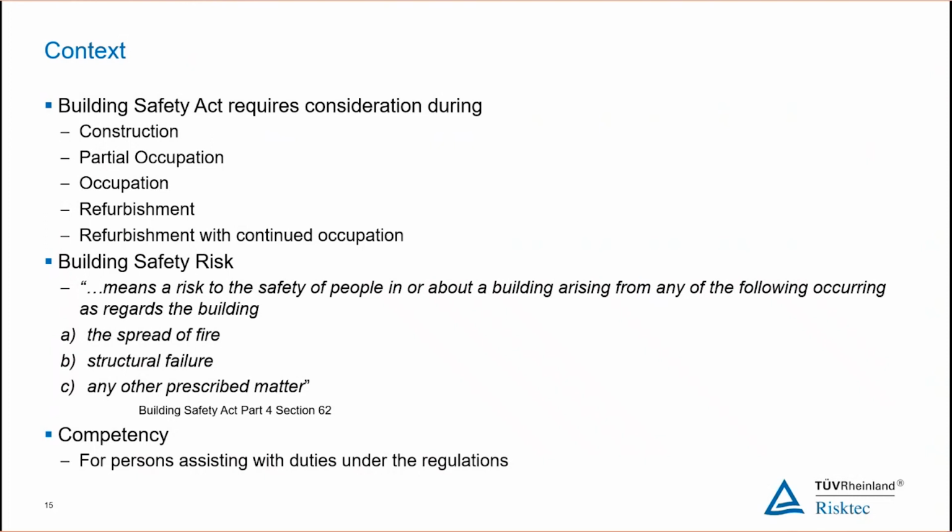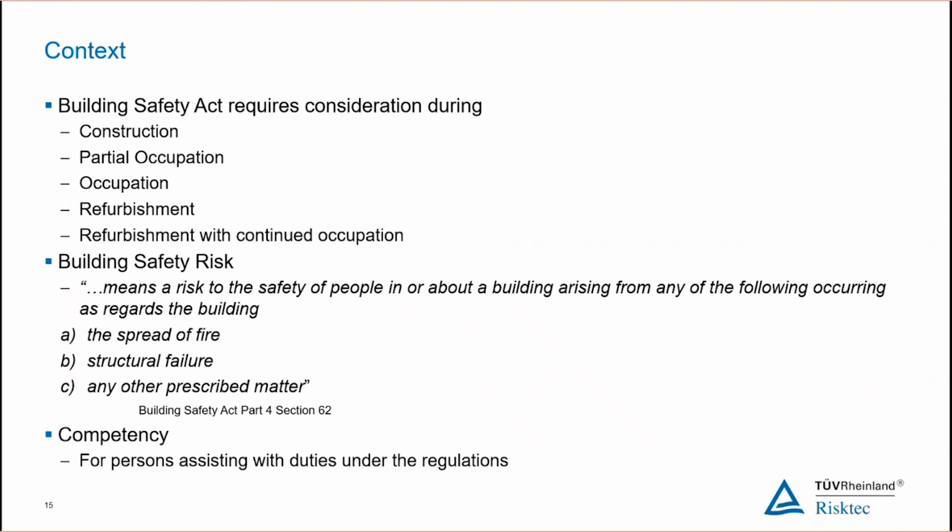Refurbishment, again, gives us a transient change in those risks. We may disable certain systems that we require. As a simple example, passageways might be blocked by the refurbishment, or the refurbishment activities might introduce new hazards. So our risks have changed, and we have to make sure that those risks continue to be managed. There are going to be lots of risks within a building, but the legislation is looking at two particular issues: the spread of fire and structural failure.